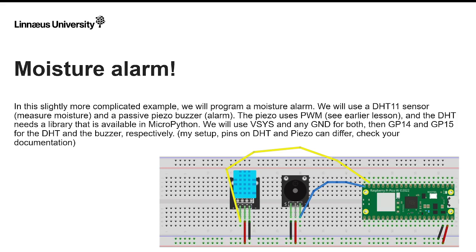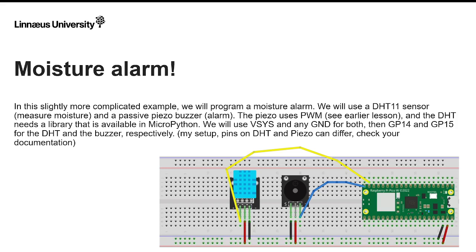You will hear it. And the piezo uses PWM. We have talked about that protocol earlier on. And the DHT needs a library that's available in MicroPython. And in this case we will power these from the VSys, and we will use another ground that's on